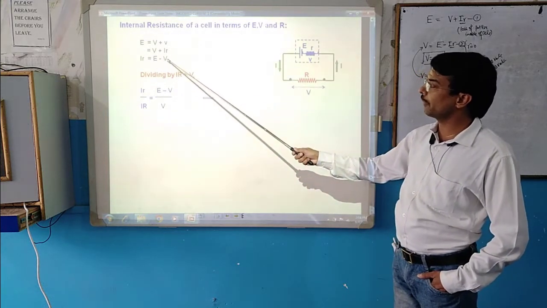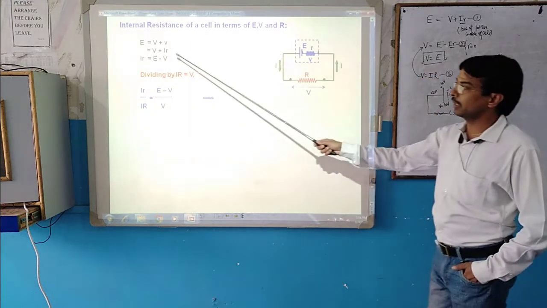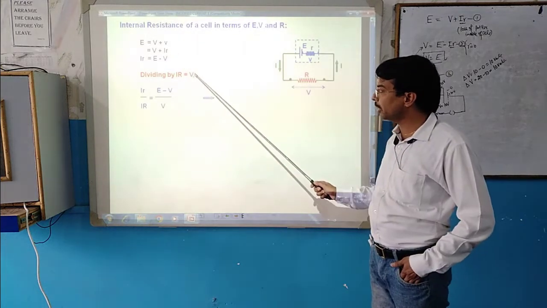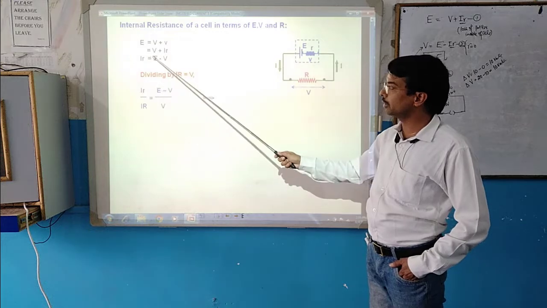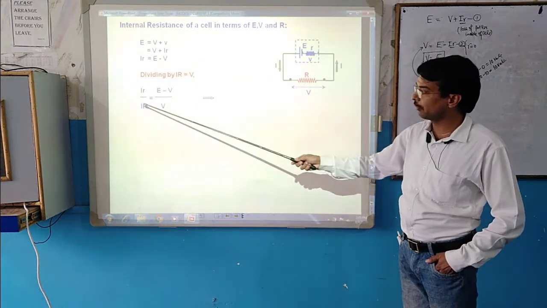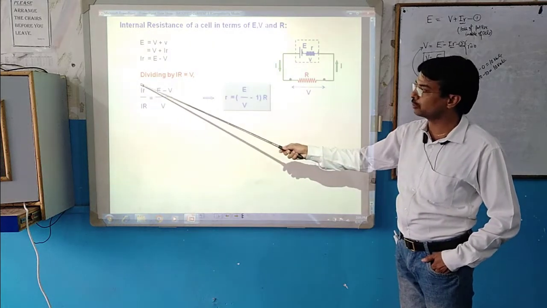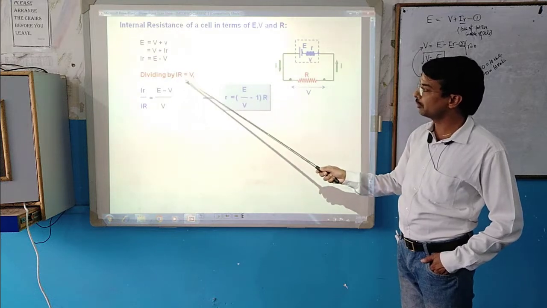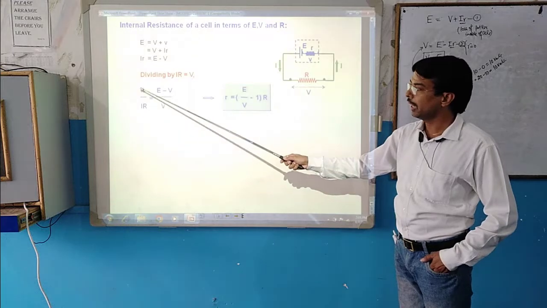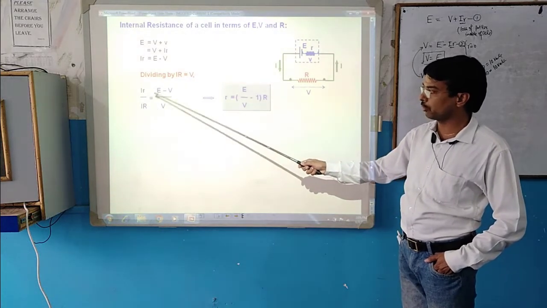If we are putting the value of V, capital V is the potential drop through the resistor. It is written with the help of Ohm's law as capital I into capital R. So if we write V equals IR, then you can convert that particular formula. You know very well, Ir divided by V divided by V. You can write here, but in that particular term it is a current. So we will write here V equals IR. So we are dividing here, V is converted to IR and I cancels out, therefore it can be written as small r by capital R equals this one.